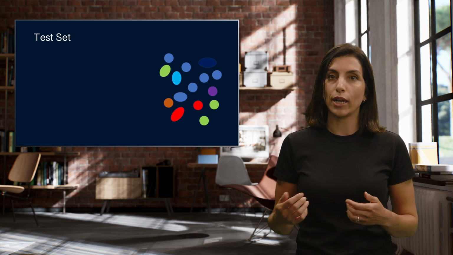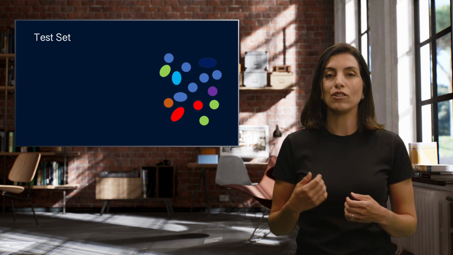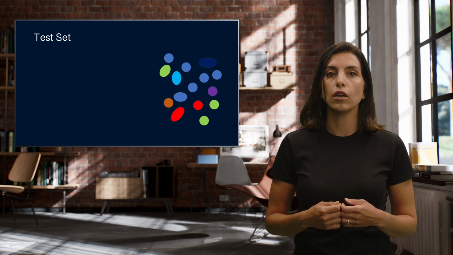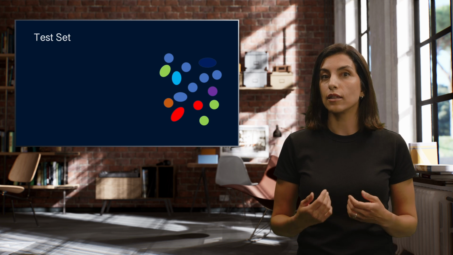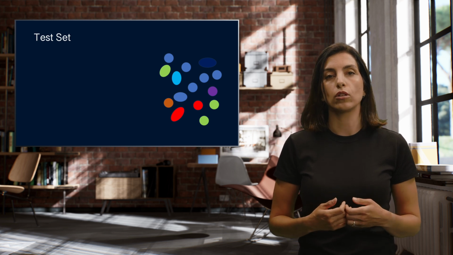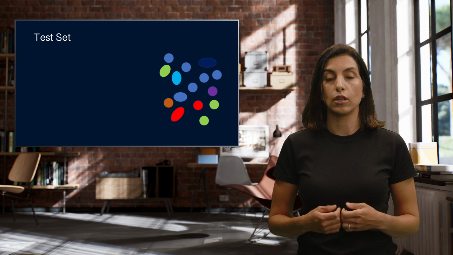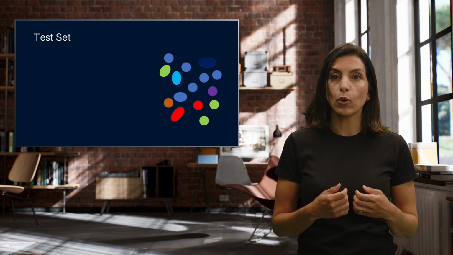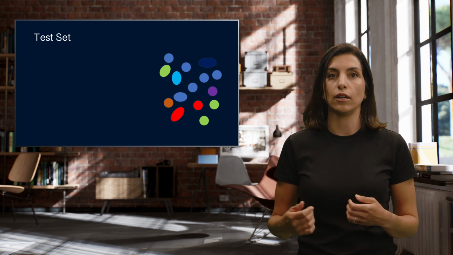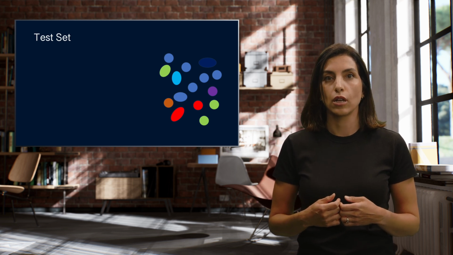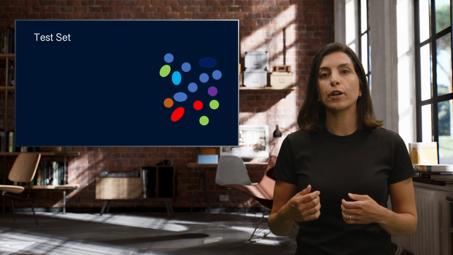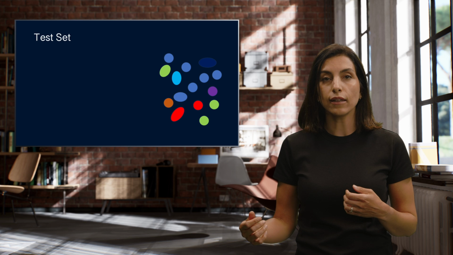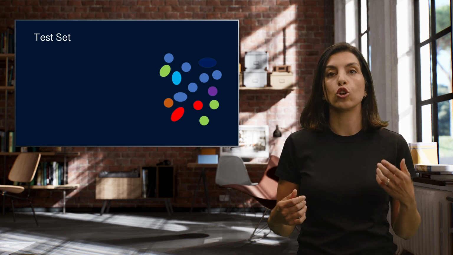Once the model is trained, it is time to evaluate how the model has learned the task. This is done on the test set. That is the data that the machine learning model has never seen before. The reason that we keep the test set a secret is to evaluate the generalizability of the learning process. Generalization refers to the ability not to remember the training data, but to learn the general rules instead.